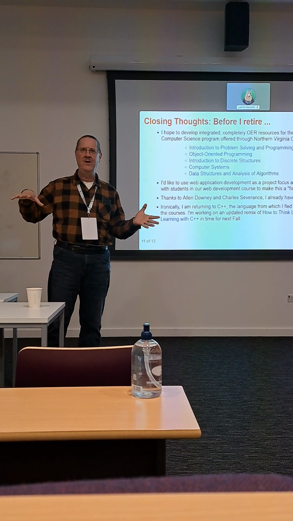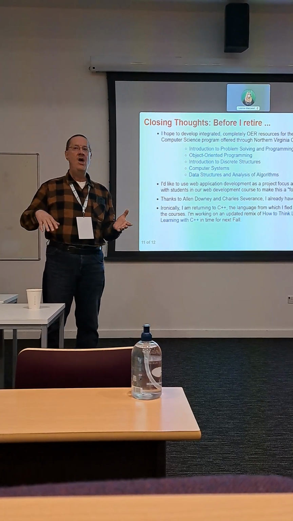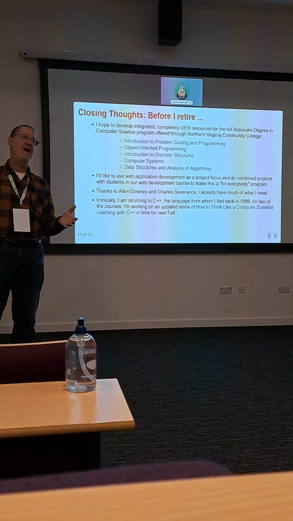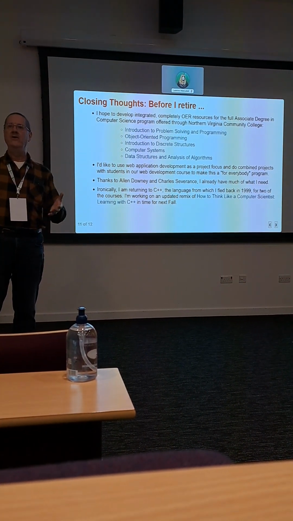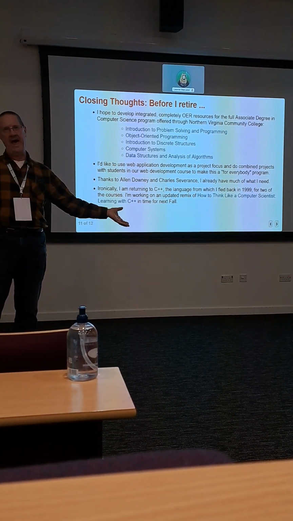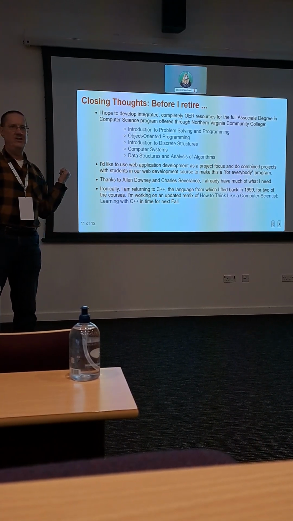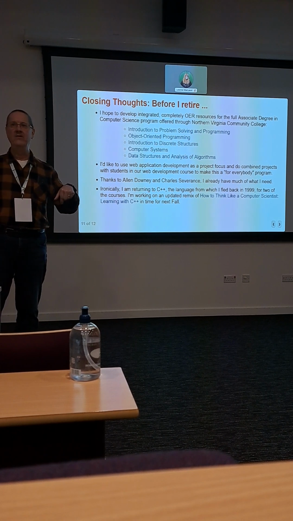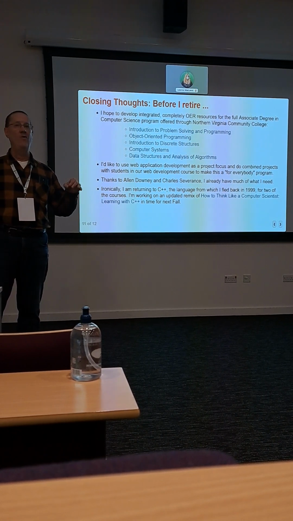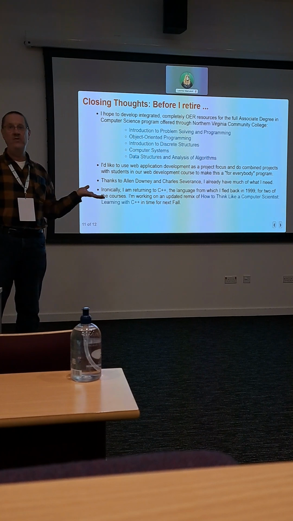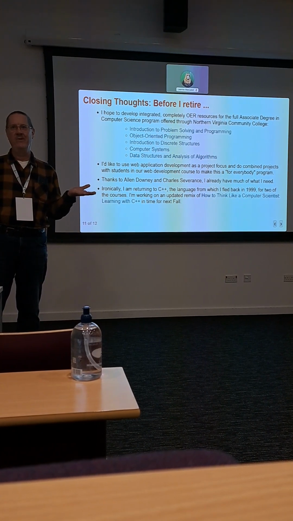I don't think you have it here in the UK, so it's a little different. But we have this community college system all across the US, and it's the first half of a bachelor's degree. And you can do it more affordably at a local school. So I am an adjunct at Northern Virginia Community College because my students, who are high school students, also get college credit. And in fact, we offer an associate degree in computer science concurrent with high school.